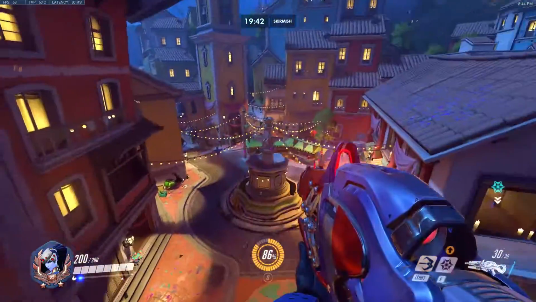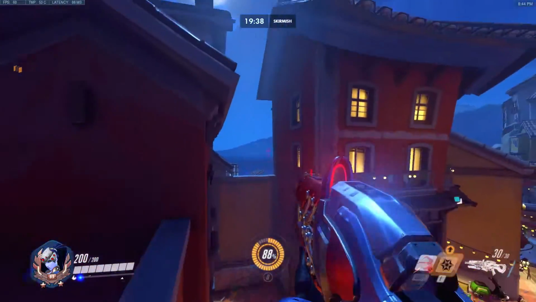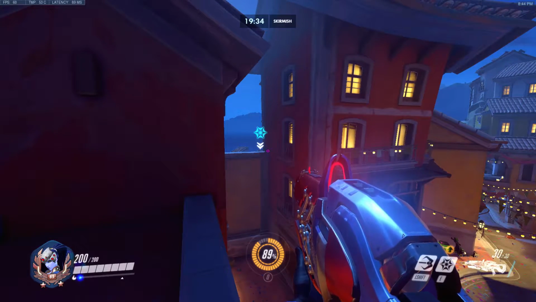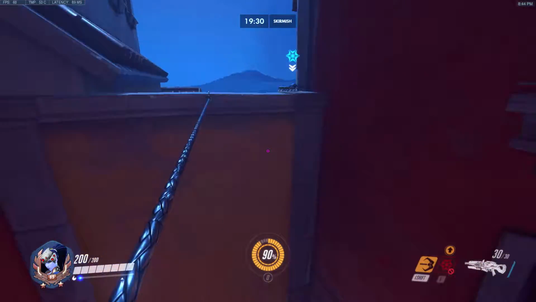When you're defending with Widow, obviously this spot is really good. But of course, now we talk about this spot, right? If you're going against aggressive players, Genjis, aggressive flankers, make sure you're planting a Venom Mine right here. Also,